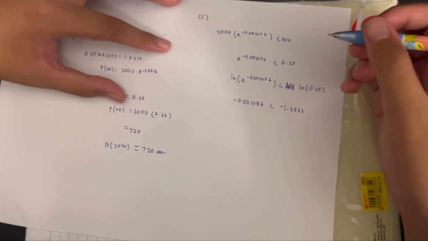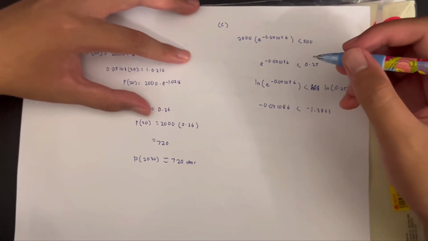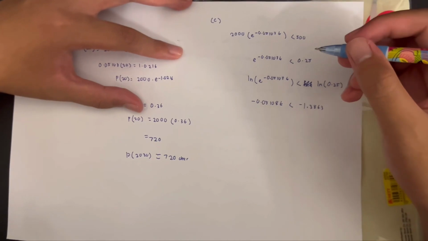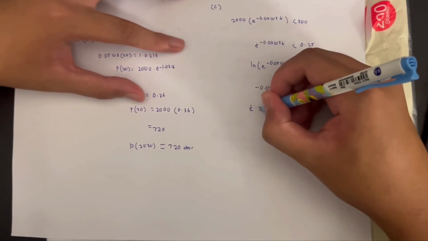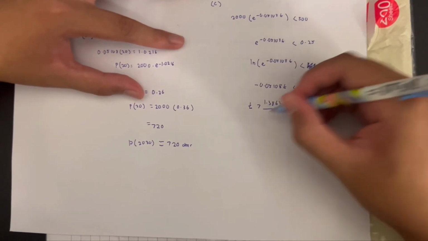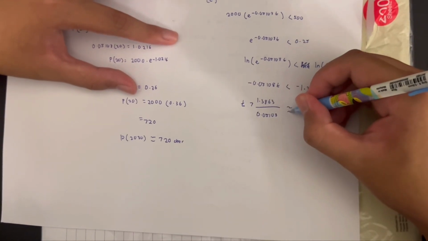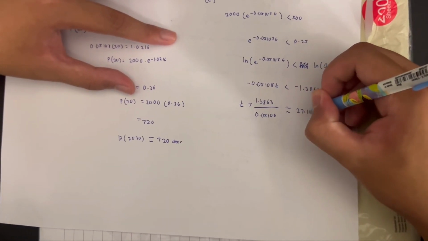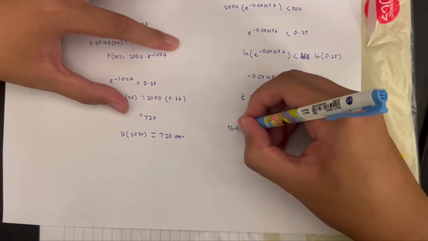Step 3, divide by negative 0.05108 and flip the inequality. t is more than 1.3863 over 0.05108, equal to 27.4. So the final answer is the population